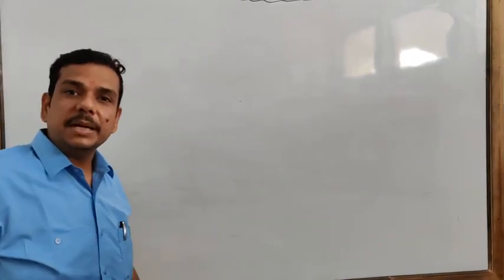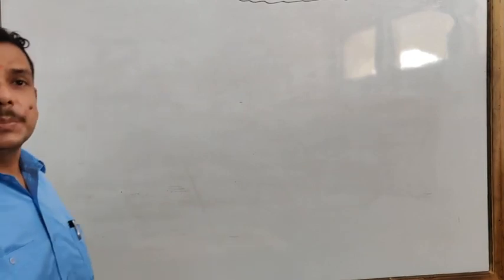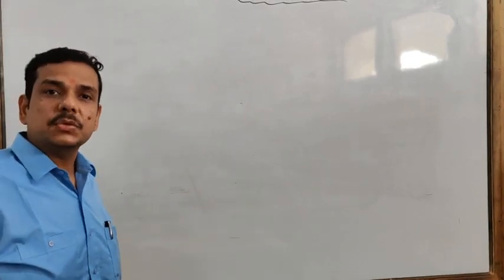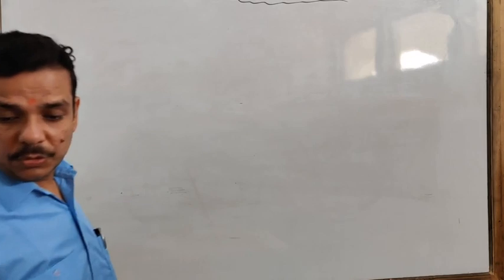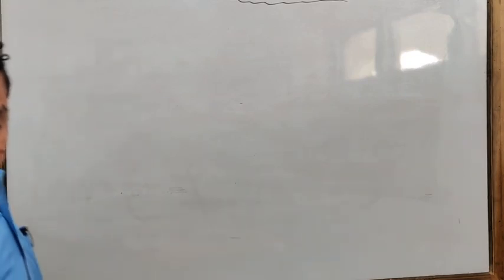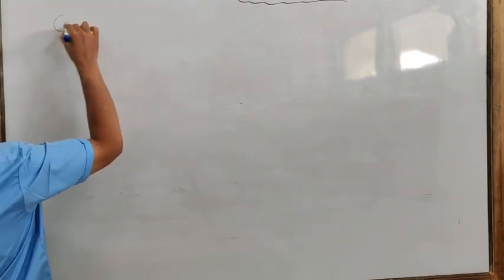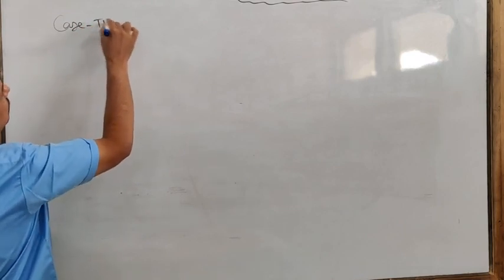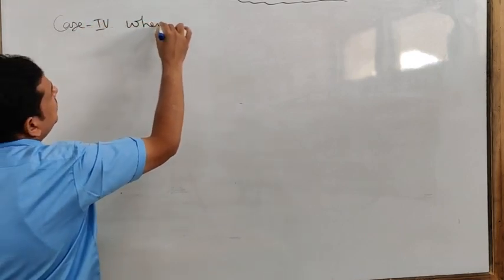So, dear student, welcome back to the accountancy class. As our topic going on calculation of interest on partners drawing, we are going to study case 4. Case 4. When fixed amount is withdrawn,